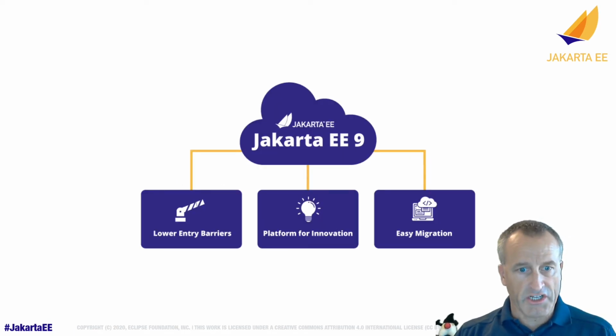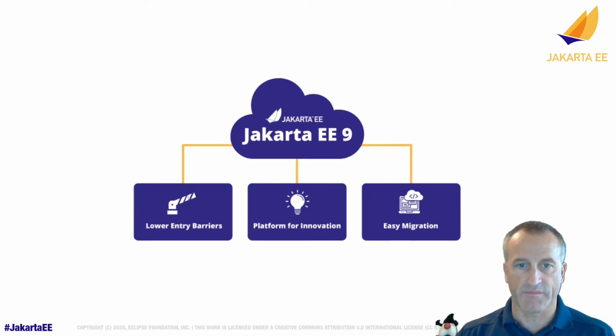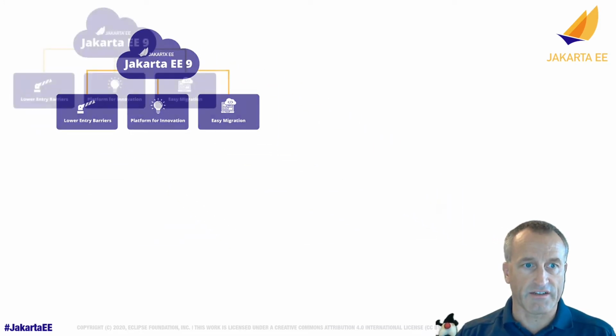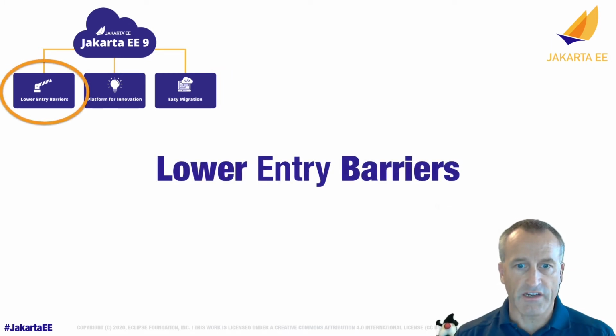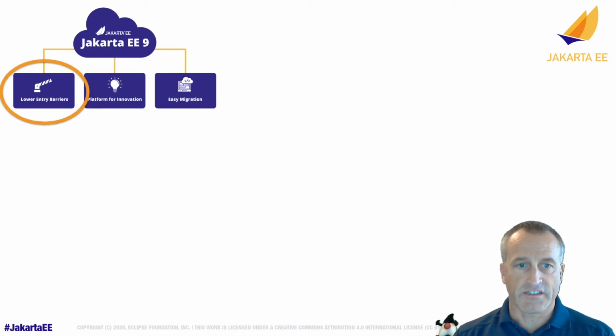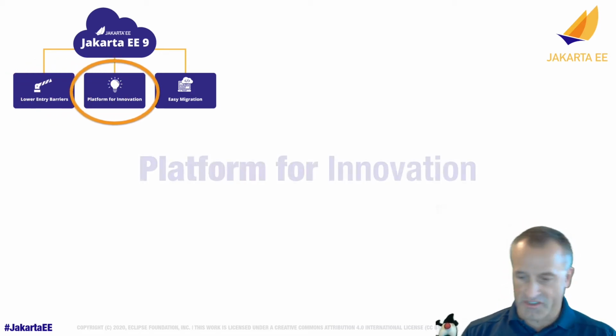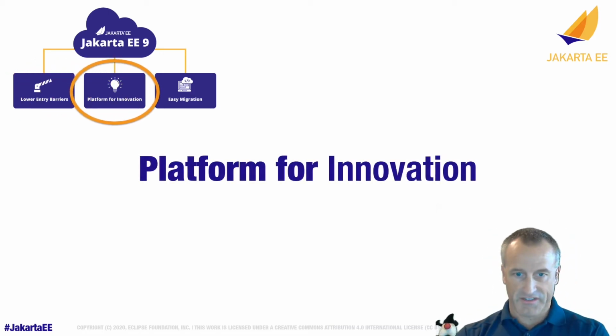So for Jakarta EE9, there are 3 pillars that we are focusing on: lower entry barriers, platform for innovation, and easy migration. Let's go in here and look at how this is. The lower entry barriers, my animations are going a little fast here, but no matter, mean that we want to